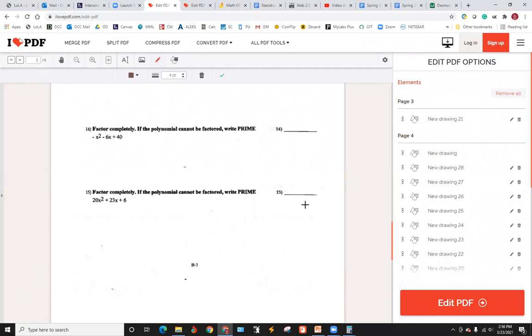All right. What do you think about number 20? It's got a negative in the front. So if you want to handle it like that, you can. I hate those when they do that. But the best way to handle it, I think, is just to factor out the negative sign and then just factor it as